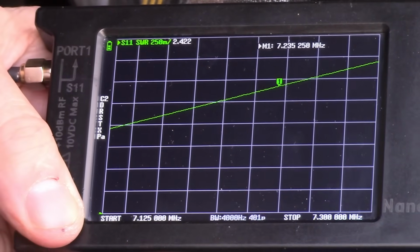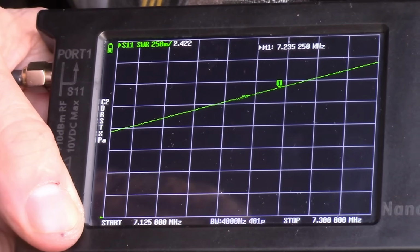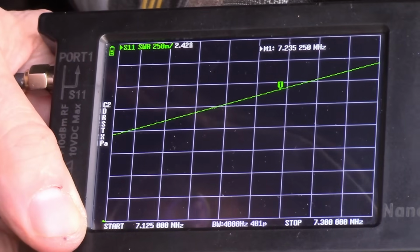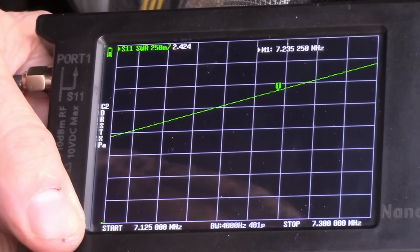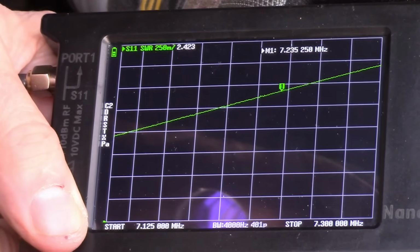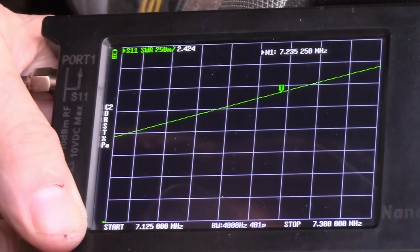Now, we have to remember that this is a multi-band antenna. It's not going to be flat across all the bands. There's trade-offs between the lower bands and the higher bands. You normally want to tune these antennas to be the most resonant on the 20 and 15 meter bands, because that's kind of the break point where it needs to be either longer or shorter to raise or lower the SWR. So right now on 40 meters on the 7 megahertz band, we're reading 2.4 at 7.235. Let's go up to the